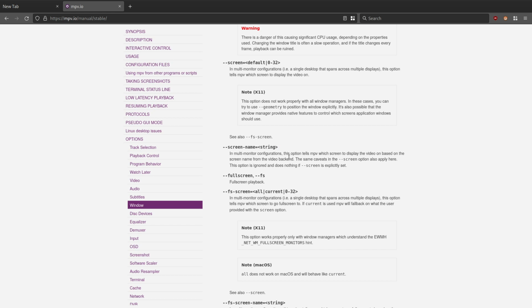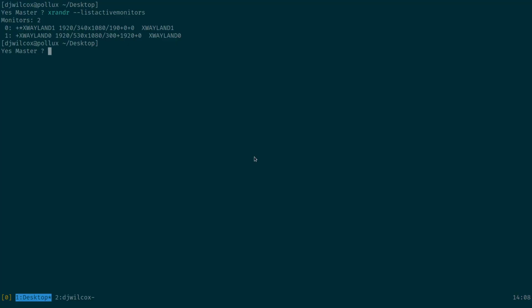There seems to be a bug with MPV that I picked up on GitHub as an issue, and it seems like the screen name option isn't actually working. The only way to get this to work properly and display on the second monitor is to use this syntax: mpv --fs